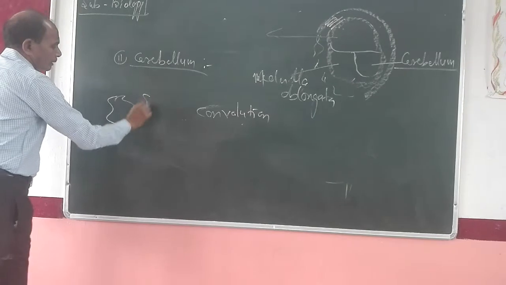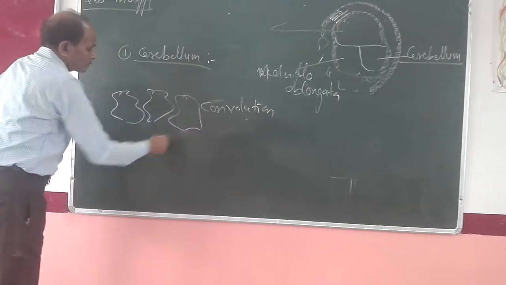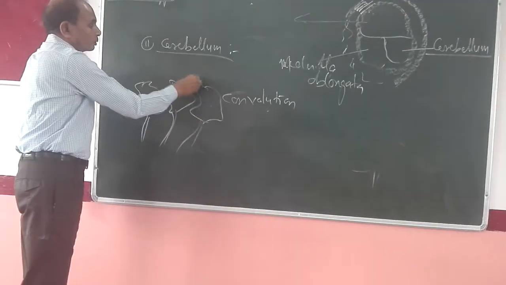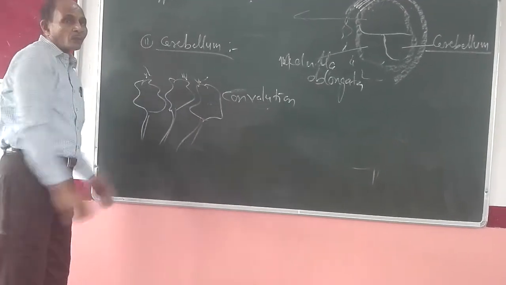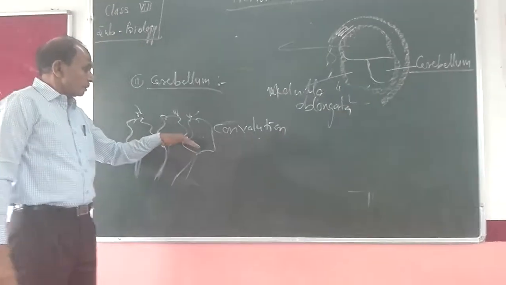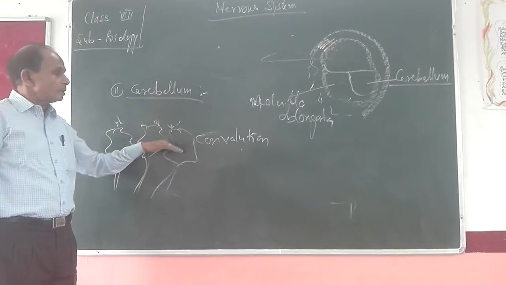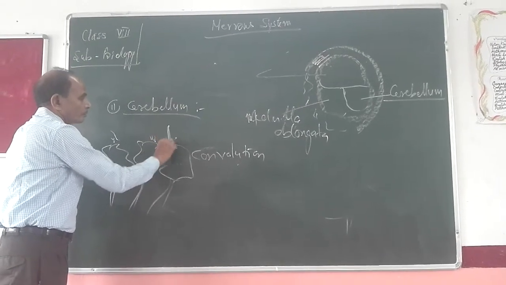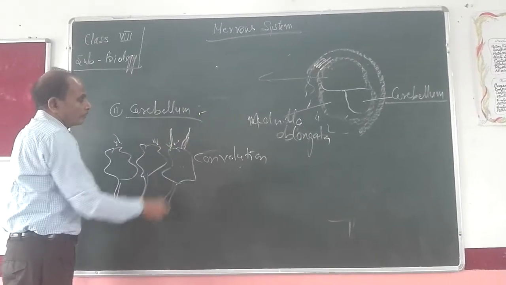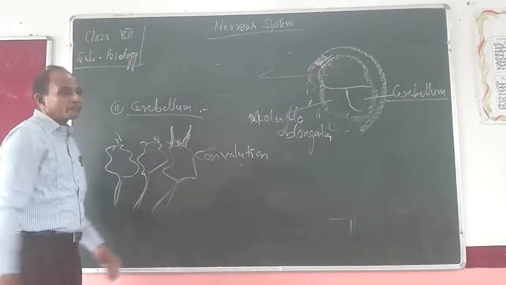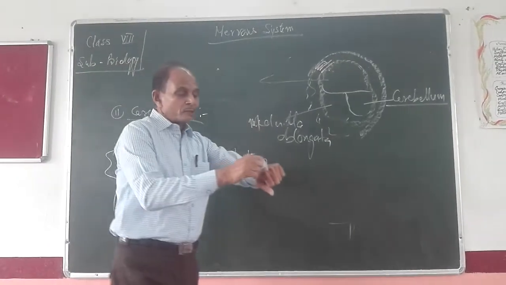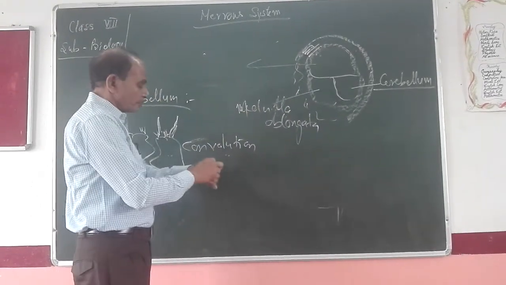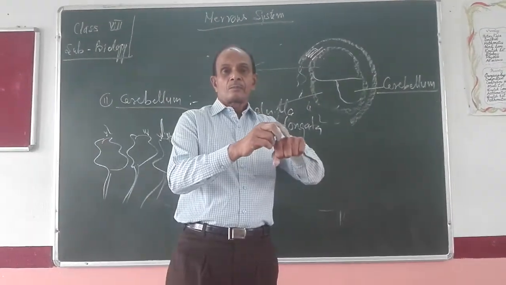Suppose these are the three cytons. These three cytons have dendrons, dendrites, etc. The number of neurons, the number of cytons, will decide the number of depressions. Suppose this one is a depression, these are the dendrites. So this one is a depression. This depression, as well as elevation,